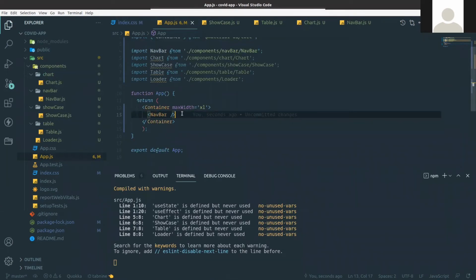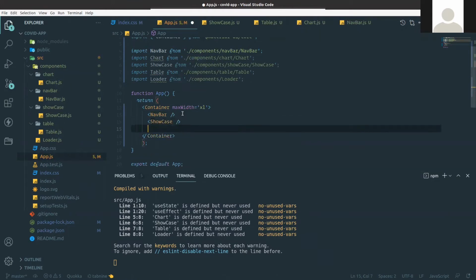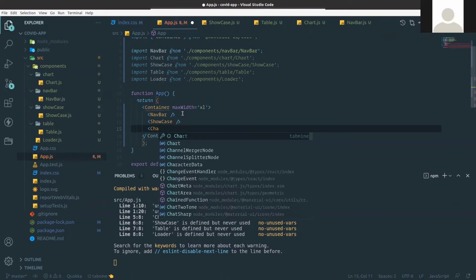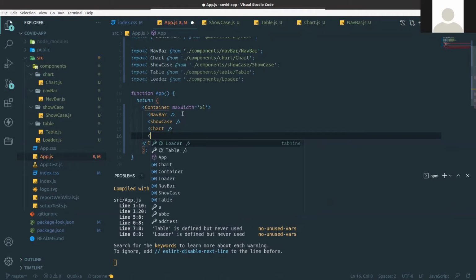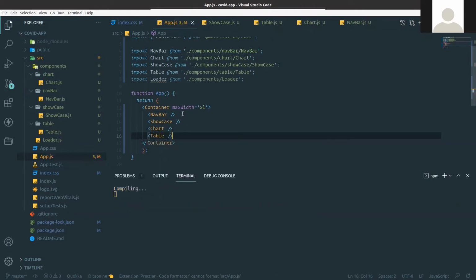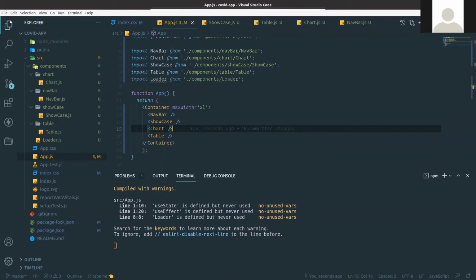So add all the components in this container block: navbar, then showcase, then chart, and last one is the table.